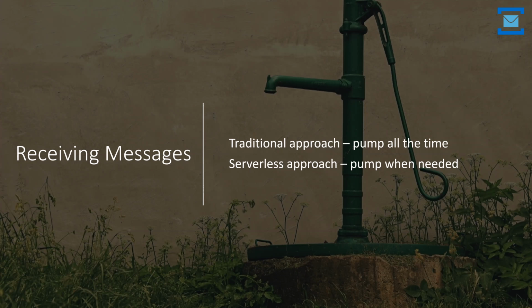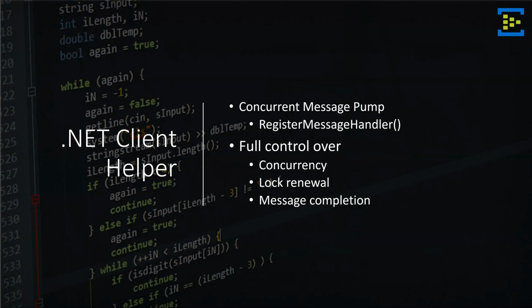And we'll talk about it later about how we can mix and match. Now, if you happen to use .NET Client, or .NET SDK, you're in luck, because to receive messages, you don't necessarily have to build your own infinite loop, or what we call message pump. You can use helper methods. One of those is called register message handler, where all you need to do is provide a callback to your custom code. And whenever a message is received by the SDK, it will be given to your code, and you'll be able to execute the logic.